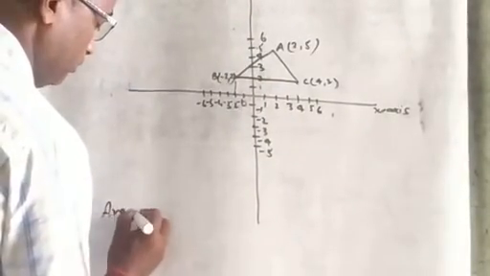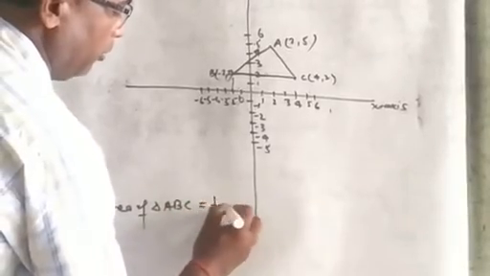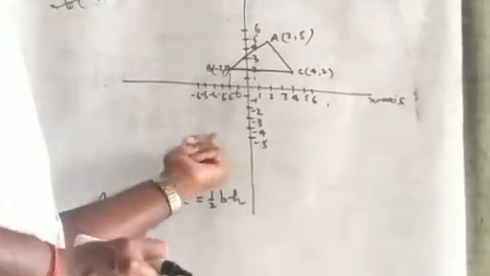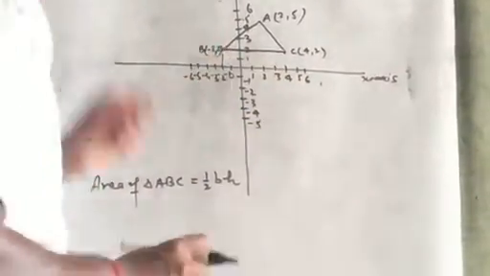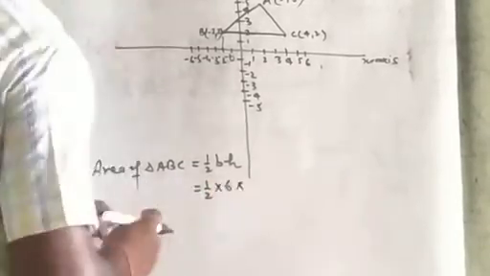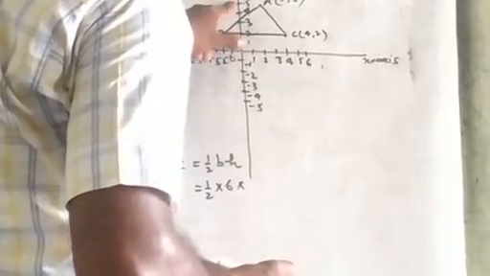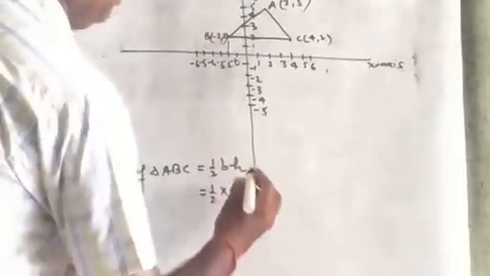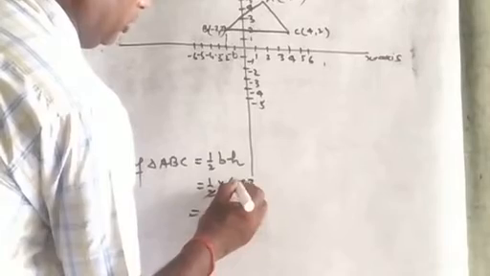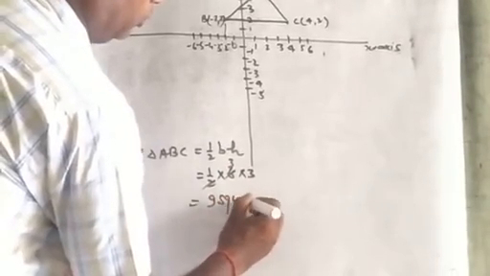Area of triangle ABC is equal to 1 by 2 into base into height. All of you see, base is 2 units this side and 4 units this side. Then base is how many? 6 units. 1 by 2 into 6. And height, you see, this is 2 and this is 5. Then 5 minus 2 is 3. You cut this one: 2 threes are 6, 3 threes are 9 square units.